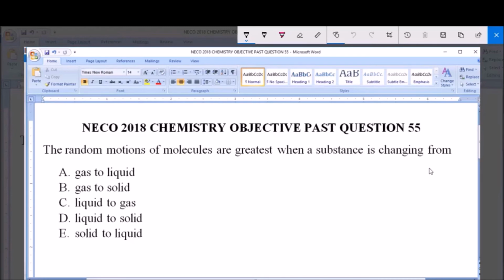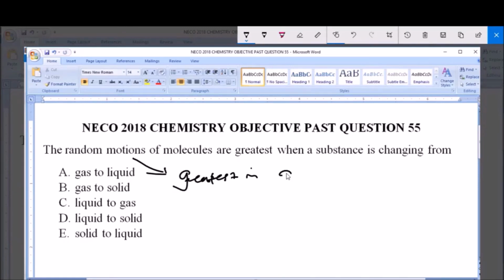I will be answering NECO 2018 Chemistry Objective Past Question 55. The random motions of molecules are greatest when a substance is changing from A. Gas to liquid, B. Gas to solid, C. Liquid to gas, D. Liquid to solid, and E. Solid to liquid. Now, random motion, like we know, is greatest